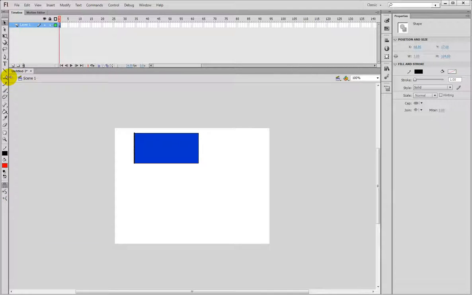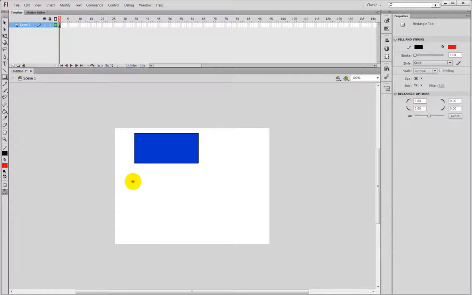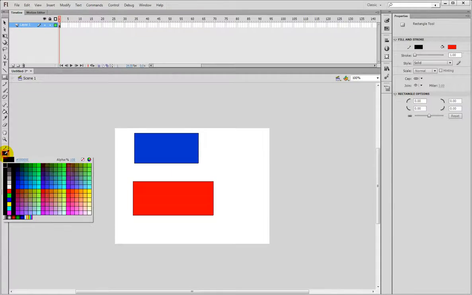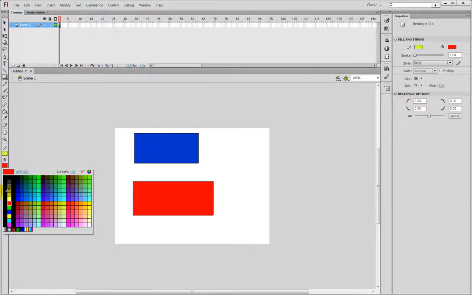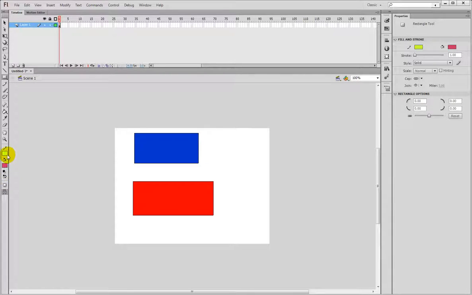I'm going to change it again. Maybe this will be easier to see. I have a black stroke and a red fill. Now, these two color selectors or color pickers, they're the same for the stroke and the fill. So see all my options here are the same options that I have here. And to select these, all you have to do is left click and you can go ahead and pick a color. Now there's multiple options here